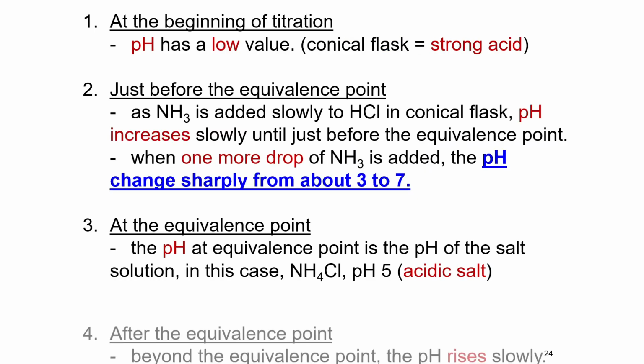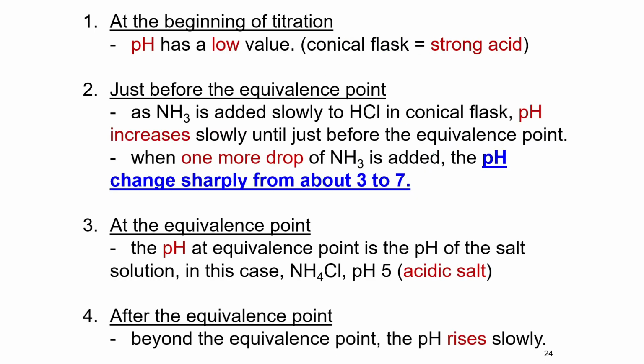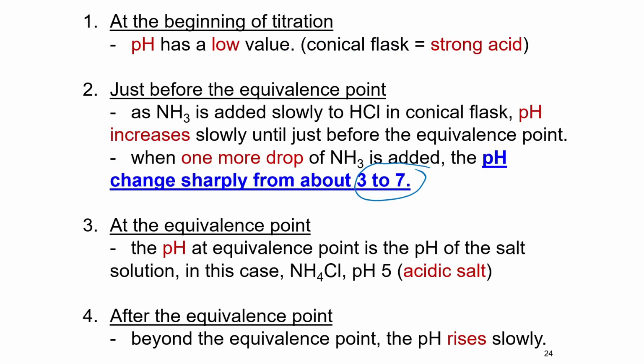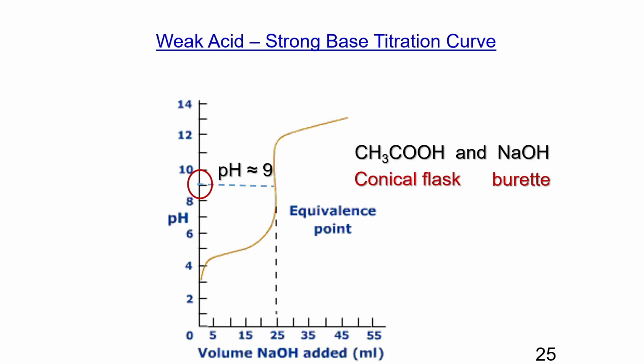So ini steep line untuk strong acid dengan weak base. Okay, so untuk strong acid dengan weak base, steep line nya ialah dalam range 3 to 7. So 3 to 7 kita perlu lukislah yang garis mendatar ni. So sini 3, sini 7. So after 7 ni barulah dia mula curve. Ini describe titration process. Okay, so this one graph for weak acid dengan strong base, dan disebabkan dia ialah strong base, jadi